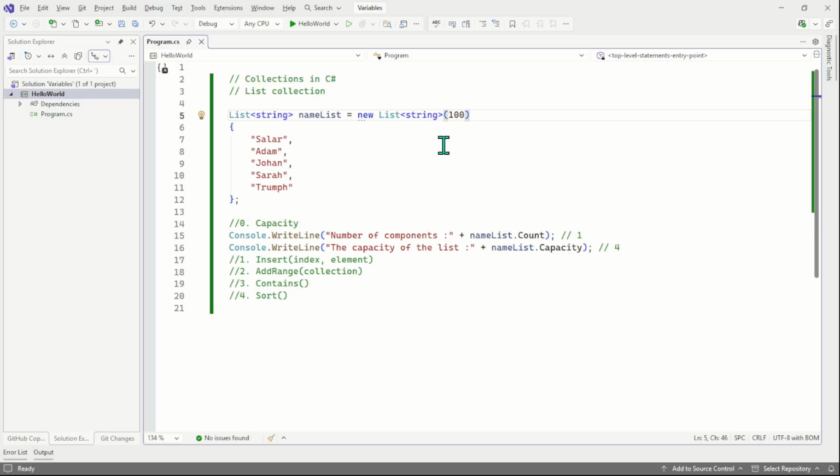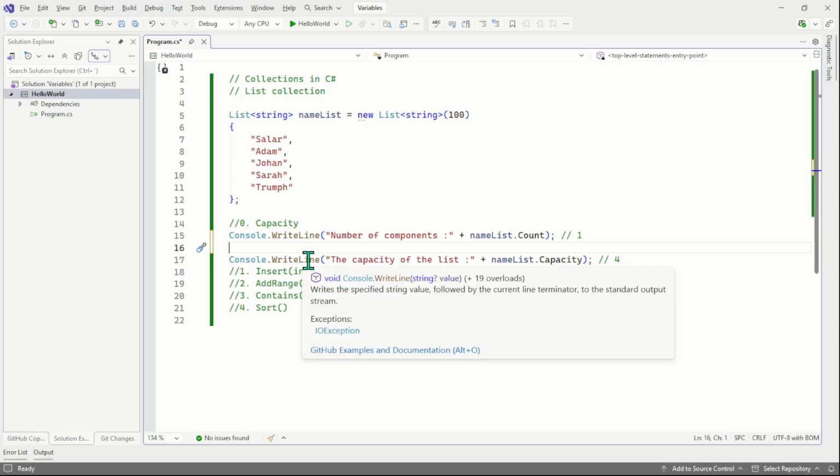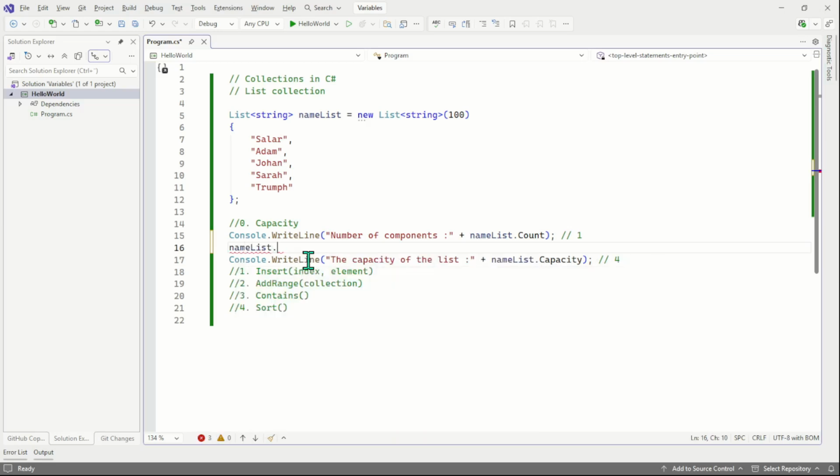Otherwise, a new and larger array will be created in the background. The list collection also has a very useful method which is called TrimExcess. In a case where you have a memory shortage, you can call the TrimExcess method to release the unused allocated memory. For example, here on our name list, we are going to call the TrimExcess method